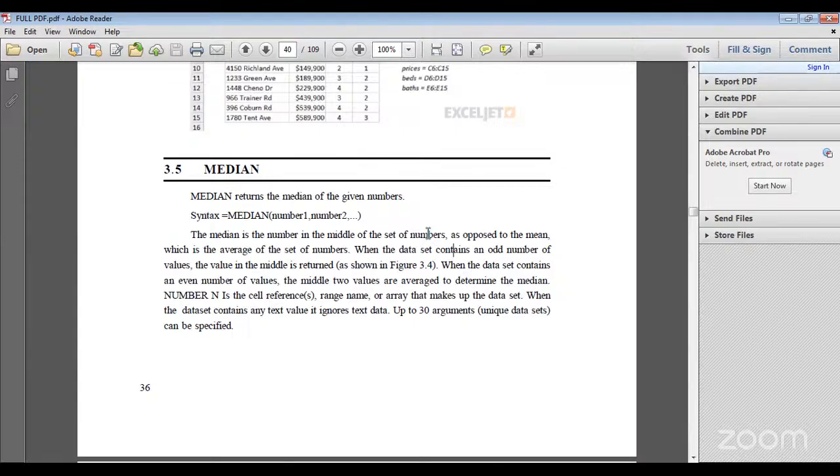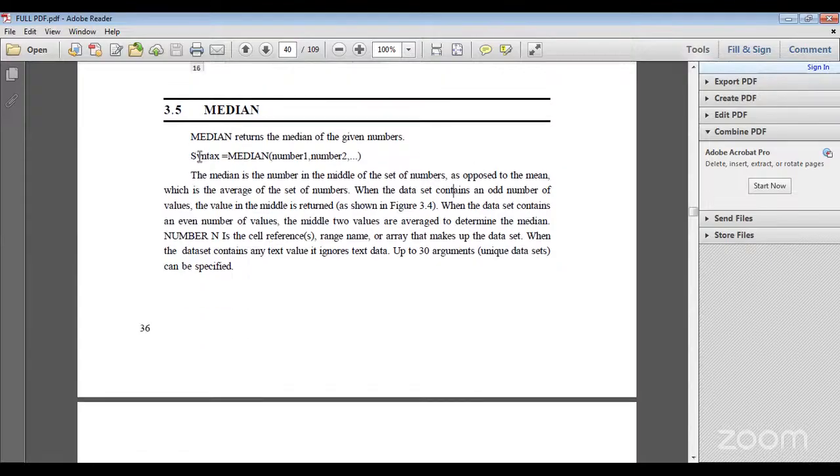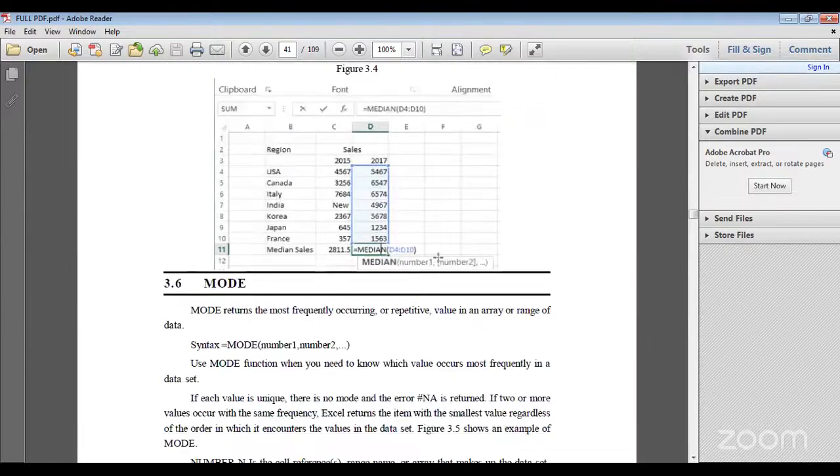When the data contains an odd number of values, the middle value is returned. When the data set contains an even number of values, the two middle values are averaged to determine the median. The arguments are references, ranges, or arrays that make up the data set. When the data set contains text values, it ignores the text data. Up to 30 arguments can be specified here. Then